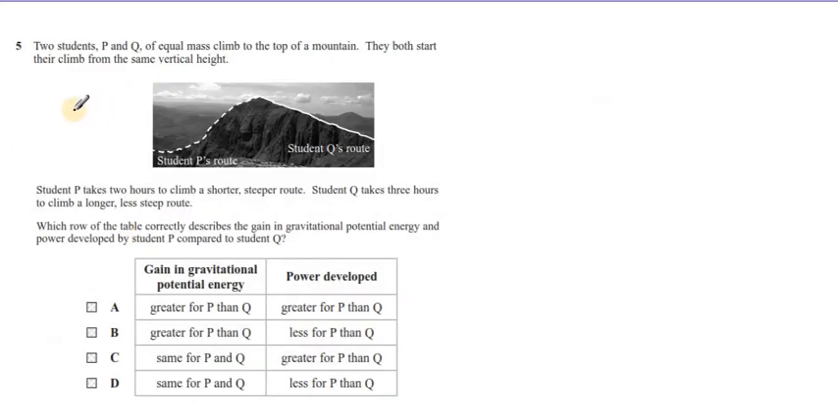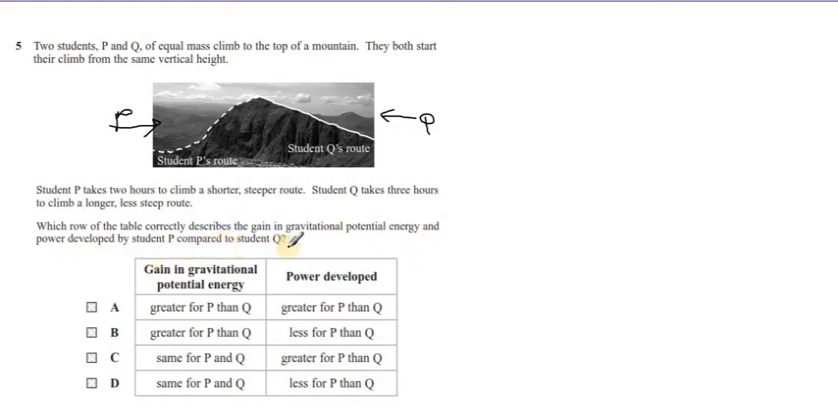Question number 5. Two students P and Q of equal mass climb to the top of the mountain. They both start their climb from the same vertical height. Student P takes 2 hours to climb a shorter, steeper route. Okay, fine. This is the path of student P, and Q takes 3 hours to climb a longer and less steep route. Okay, this is Q. Fine. Which row of the table correctly describes the gain in potential energy and the power developed by student P